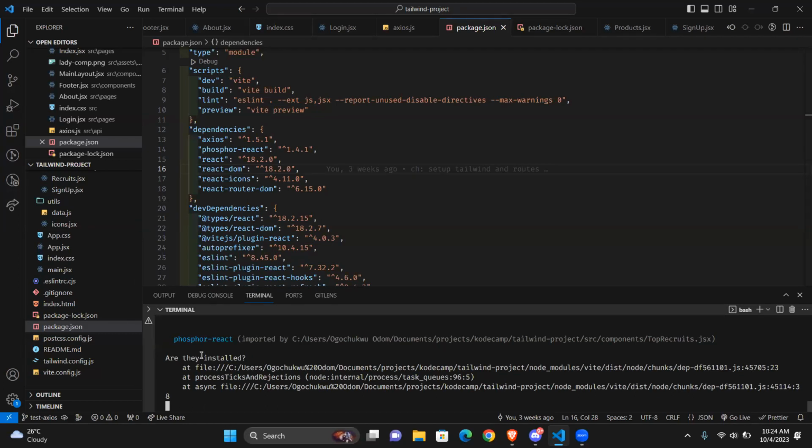Oh, okay. So I have an issue here. After resolving this conflict, still, I don't have photo react here. So I tried running it and it's now telling me that photo react does not exist. So if you merge and then you have a package that is not installed on your local,